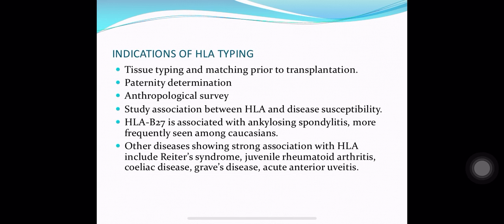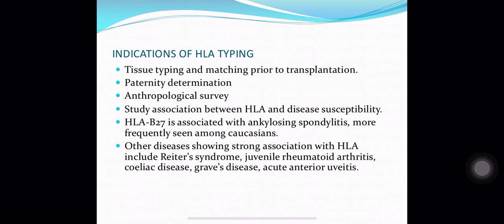What are the indications of HLA typing? HLA typing means to determine the HLA type of the person, to determine which MHC1 and MHC2 molecules are there in the person. Because when MHC1 and MHC2 are determined, then we can transplant donor tissue of a compatible donor to the host, and it will not be rejected. If we transplant an incompatible tissue, then it will be rejected. So determining the HLA type of a person becomes important for transplantation.